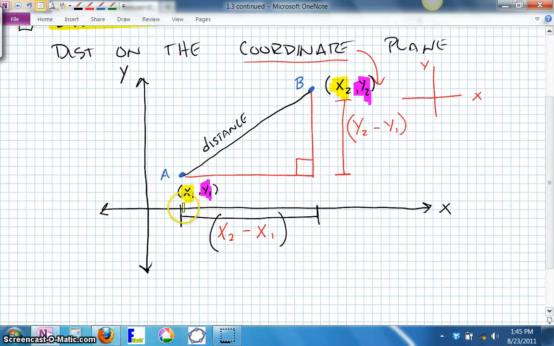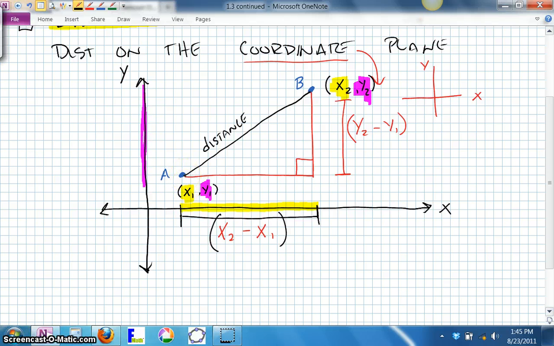So for the x-axis, I have mapped out this portion, and for the y-axis, it's all of this portion right here. Now, the Pythagorean theorem says that since you have a right triangle,